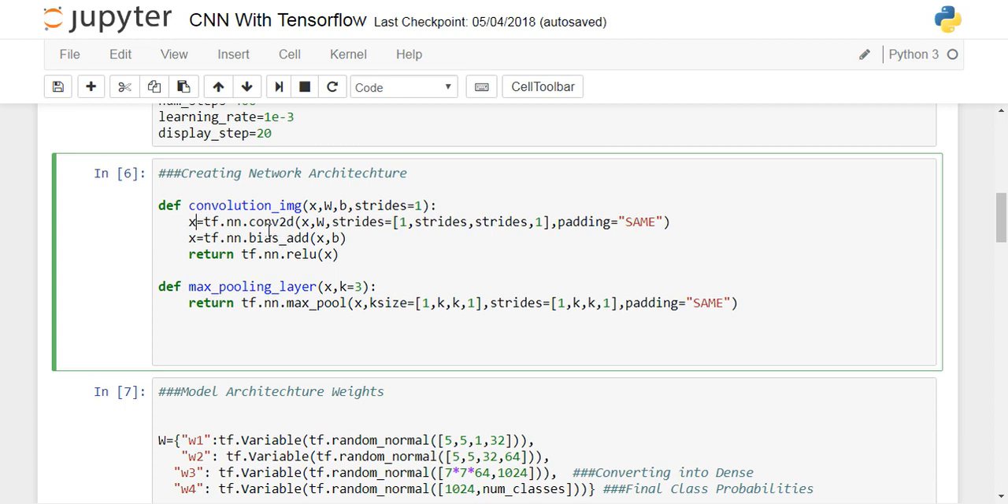After x is convolved with w with the strides and padding, it is again converted into x. Then we are adding the bias, which is b. After this convolution we are adding bias b to x. So we are writing tf.nn.bias_add, x comma b. So now x has been converted into x by using the conv2d function, and then again converted into x by using the